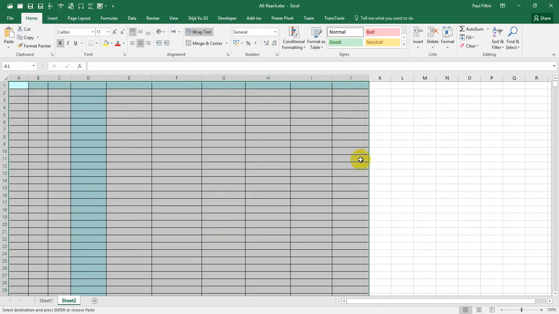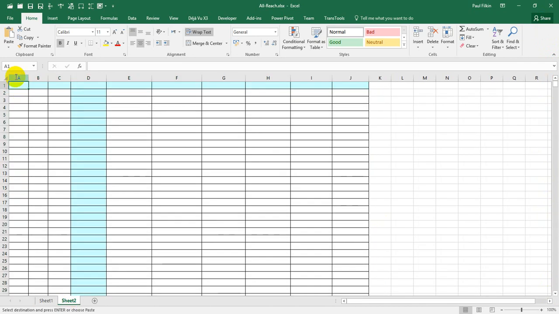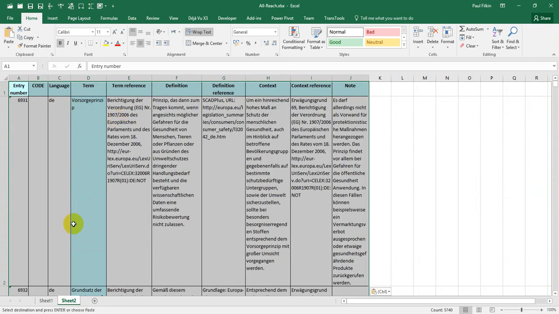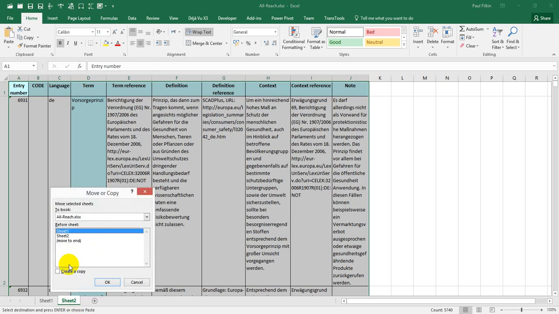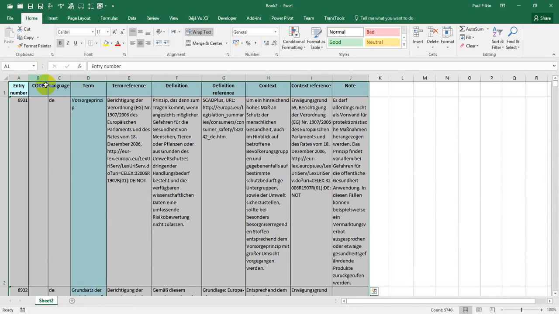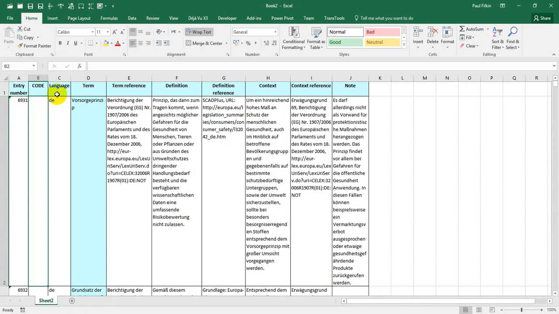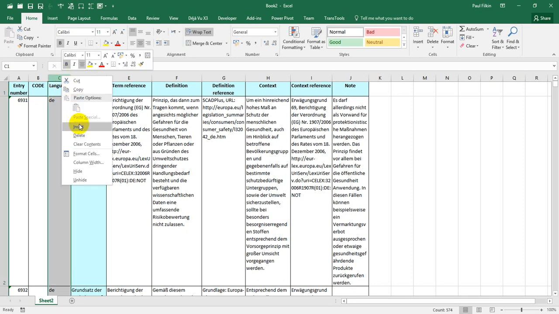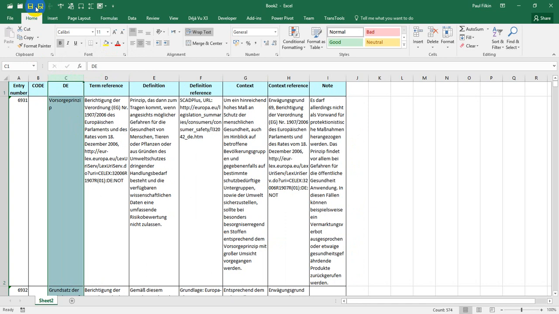On my next sheet, I've already formatted the columns and everything else to look correct. So all I do is paste the values in, and there's my German, and that's only German. I then right click on the sheet, move or copy, create a copy, put it in a new book, and change the name of the term to the language, and get rid of this language column because we don't need it. They're all DE. And then I save it